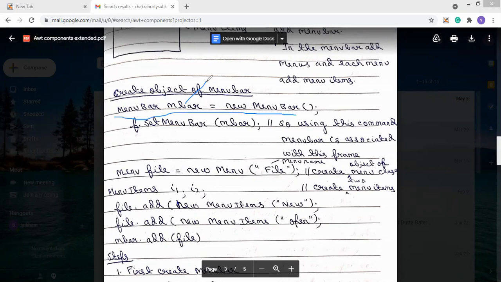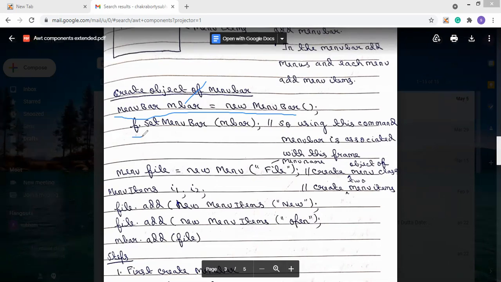Now what will our next function be? The next function will be to add the menu bar to the frame. Adding the menu bar into the frame will be done using f. F is the frame class object.